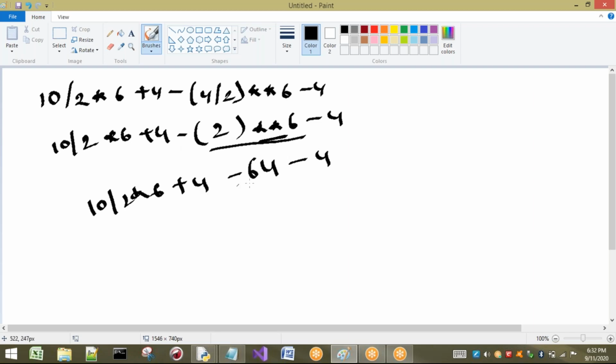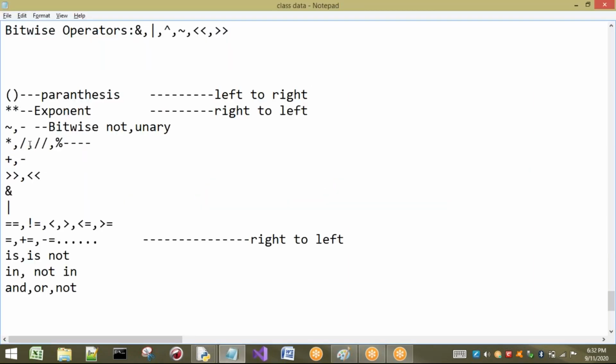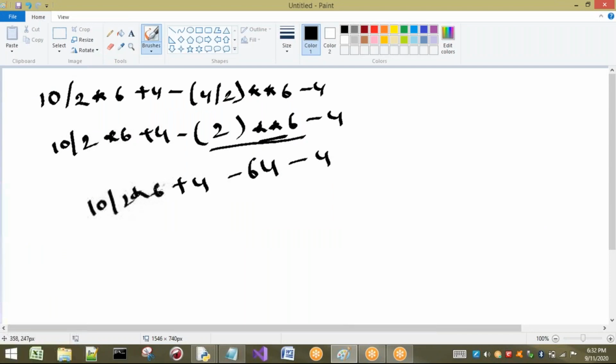So divide by, into, plus, minus, minus. So among plus, minus, into and division, which one is greater? Multiplication and division have the same precedence. So now the confusion rises here, whether to do 2 into 6 or 10 by 2. So what is the associativity? For division or multiplication or plus or minus, what is the associativity? Left to right. That means from this side I have to perform the operations. That is, I have to perform 10 by 2. 10 by 2 is what? 5.0. Why is it 5.0? Division always returns which type of value? A floating point value. So this is the case, it will happen.